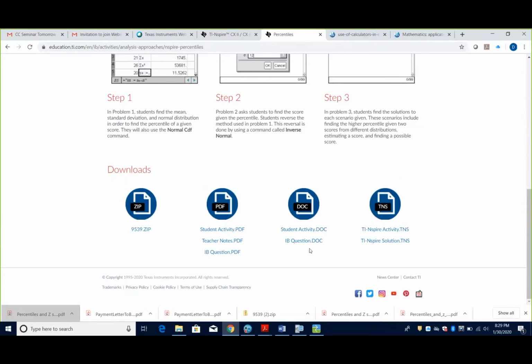You can take the Word format, and even though I wrote it and even though it's on the TI website, if you want to change things around, please do. That's what we're trying to do. We're trying to help you out, giving you a starting point so that you can do something with that. There are currently 50 IB questions on the website. I've done 2 rounds of 25, so we have 50 questions for you to use and abuse however you want. So please use them. I did them for you. TI wants to help you out.